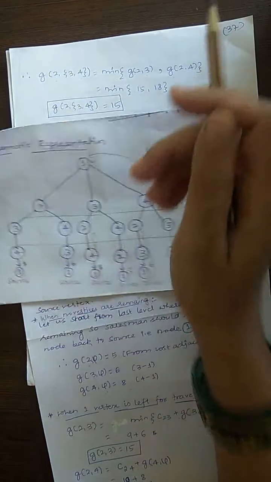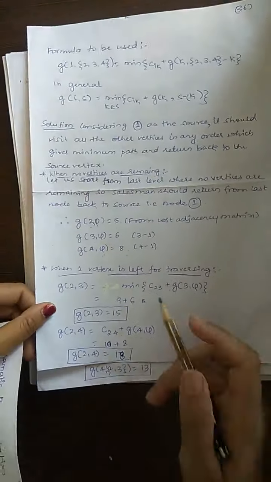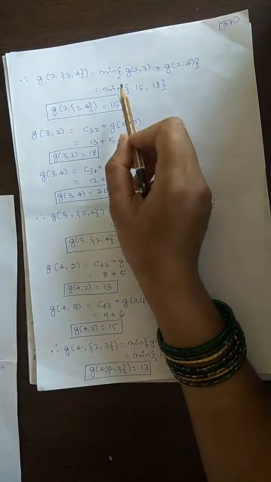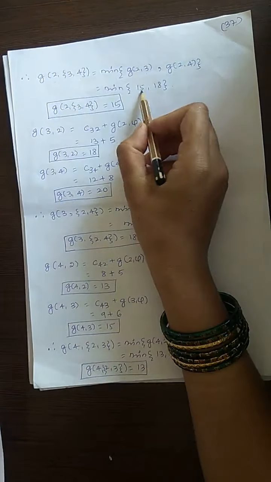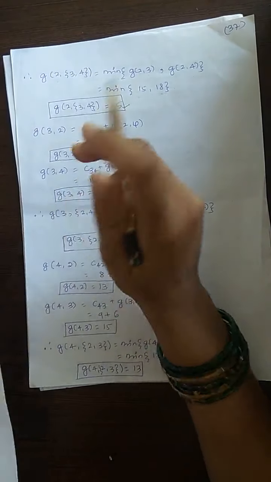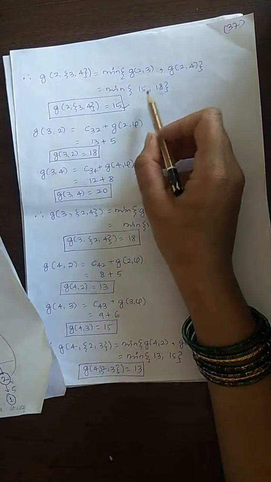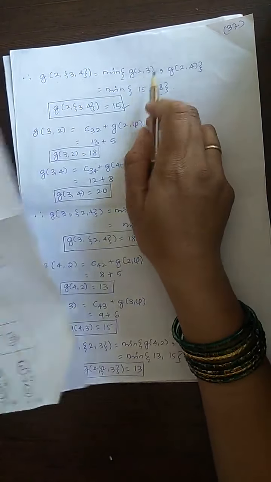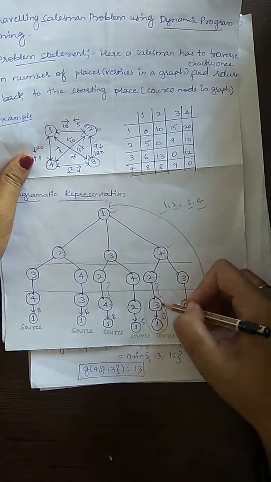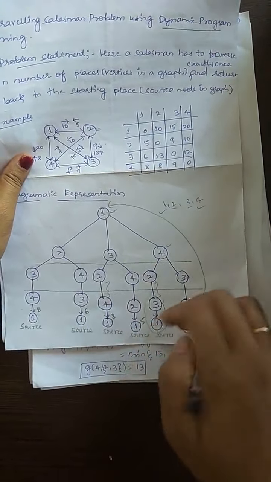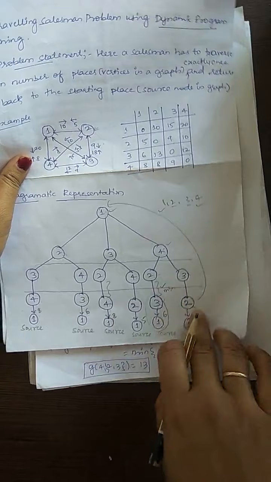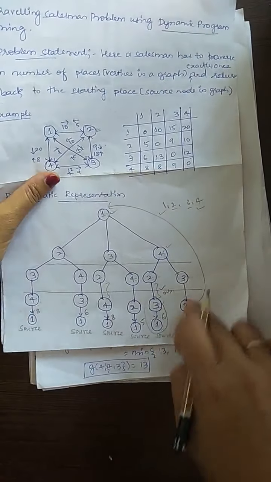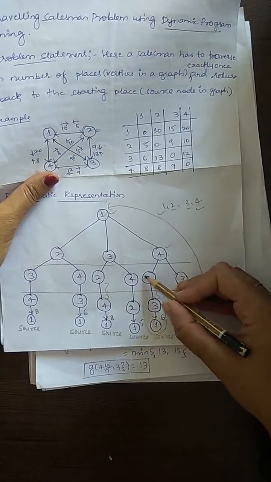What is 2 to 3? We have got 2 to 3 as 15, and 2 to 4 as 18. So what is the minimum distance if we are taking from 2 when 2 vertices are remaining? It is the minimum of these, that is 15. 15 is got from the first term, 2 to 3. Among 2 to 4 and 2 to 3, this is the minimum when one vertex is remaining. This is over for vertex number 2.